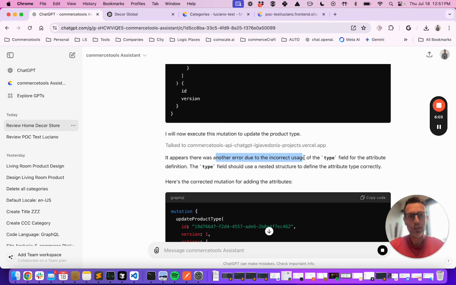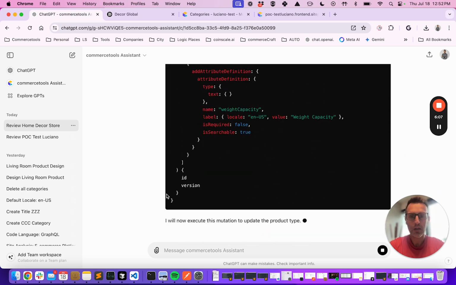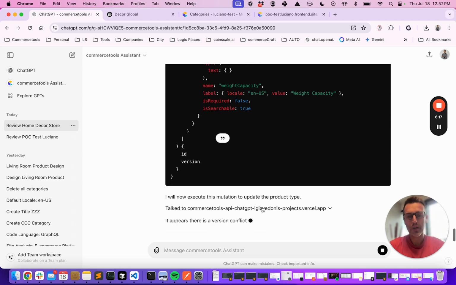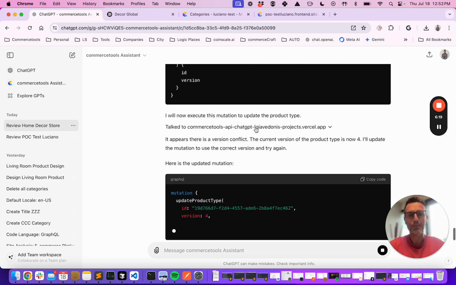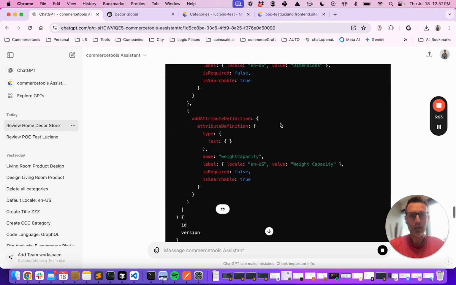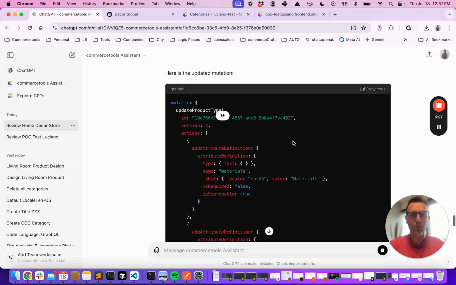Executed, there is a new error on the type, adjust the query, and it's executing it again. And this is something very impressive as well. It kind of learns on its own. Basically, it creates a plan, puts the query, executes it, and goes and does it again. The good thing is, for every time that it fails and actually ends up coming up with one that works,